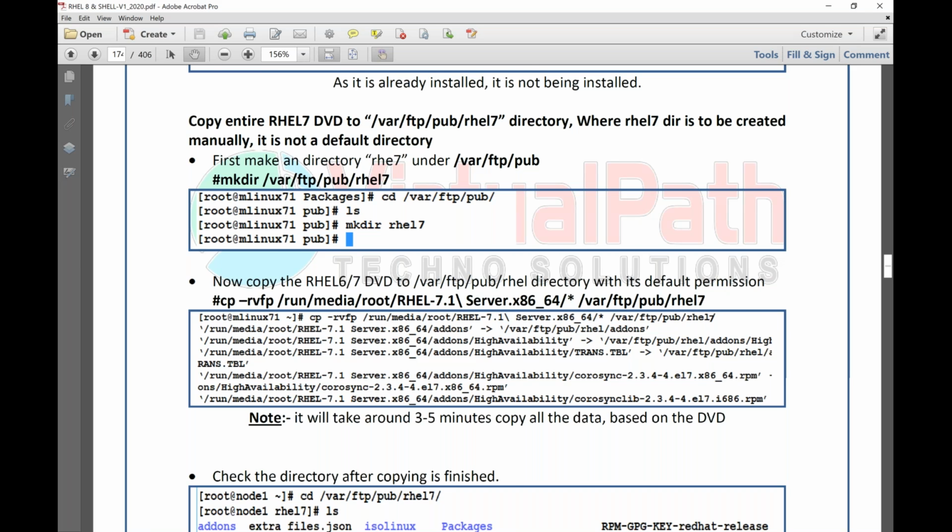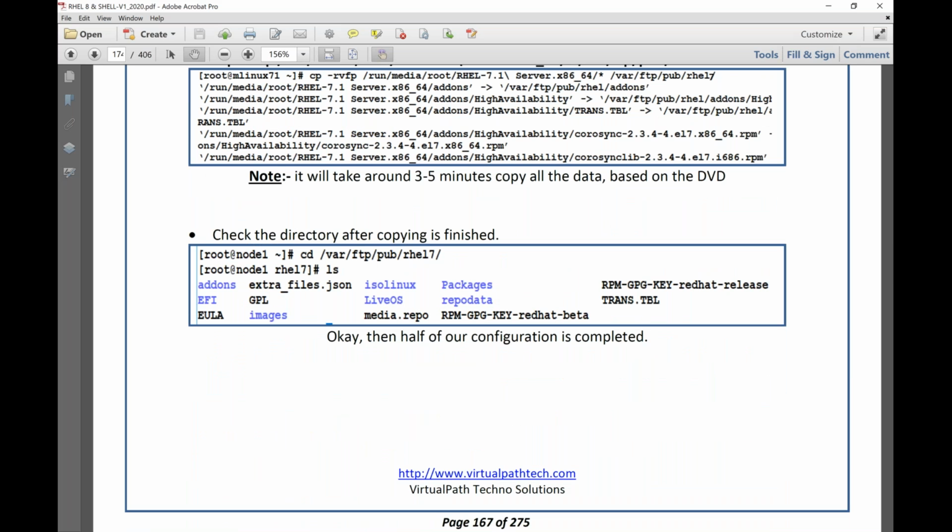After this directory is created, you see this is RHEL7 content. In the RHEL7 DVD, or even RHEL6, it was the same. We used to have a simple packages folder. There didn't used to be any AppStream or BaseOS concept. Simple packages folder containing all the packages. So that was enough. Anyway, what we will do after this is create a repo config